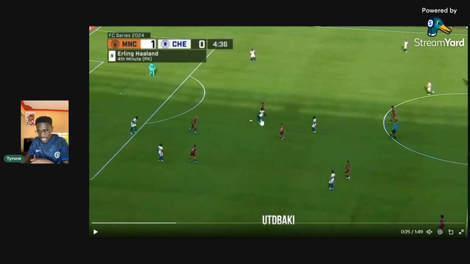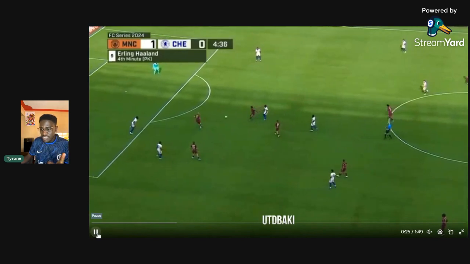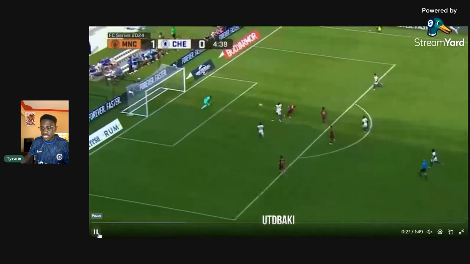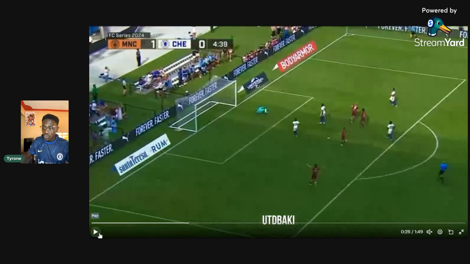If Caicedo was smart enough, he should have kicked the ball with a lot of pace towards Robert Sanchez, or kicked the ball towards the left-hand side. If Caicedo managed to play this ball towards Levi Colwill in that direction, even making a flick pass into Colwill's path, then Manchester City's team would have already been overrun. But Caicedo made this mistake, a very easy ball to Haaland, and Haaland manages to put Manchester City 2-0 up. So when you look at the situation, you cannot say it is a coaching problem, but rather a personnel problem, meaning that Chelsea made silly mistakes during build-up in this game.